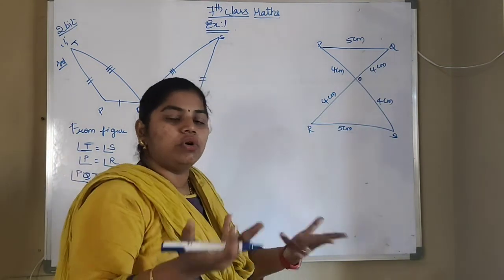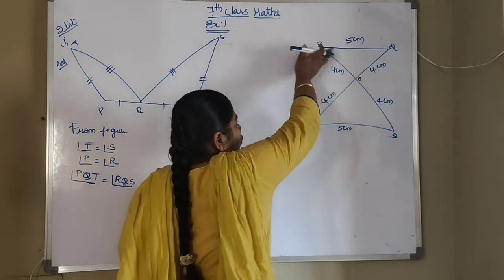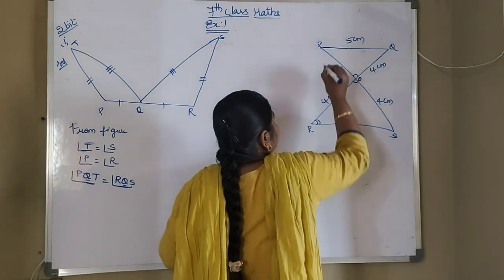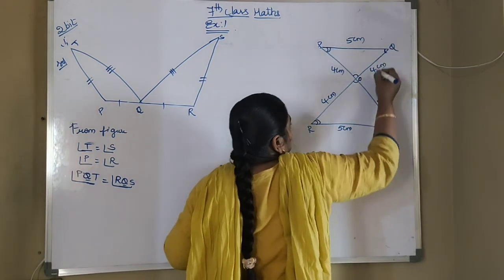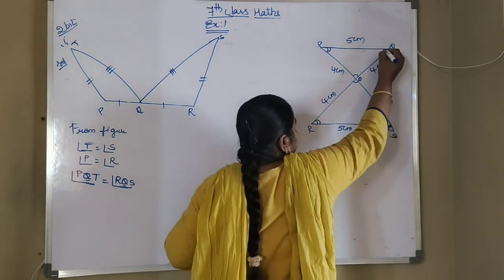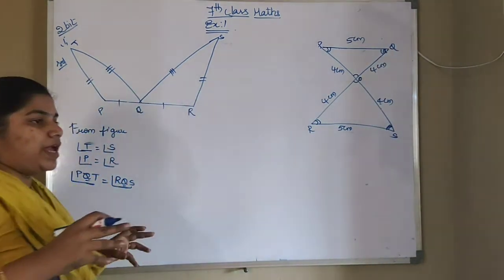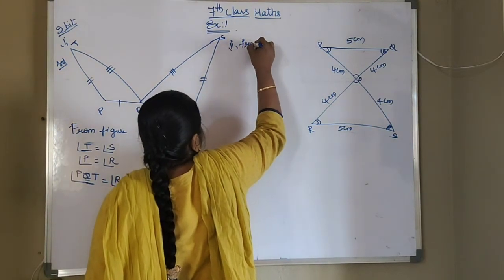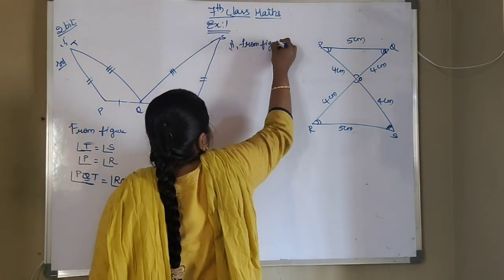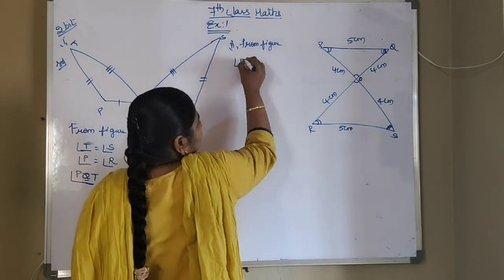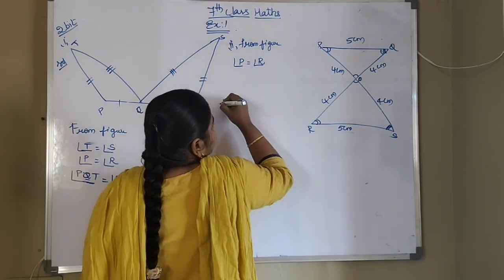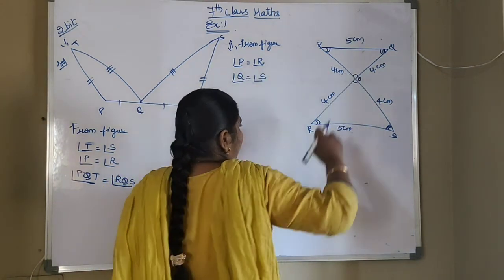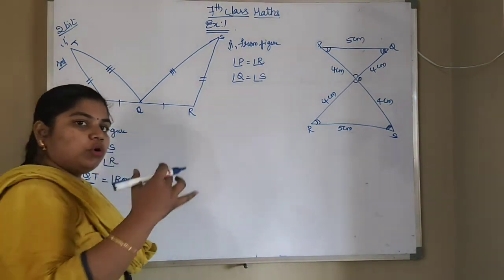Okay, because already they told that they are congruent to each other. So if you fold, this angle O will be equals to angle O, angle P will be equals to angle R, angle Q will be equals to angle S. Okay, so these corresponding angles we have to write here. So from figure, we can write angle P is equals to angle R. In the same way, we can write angle Q is equals to angle S, and this O is a common point for both the triangles.